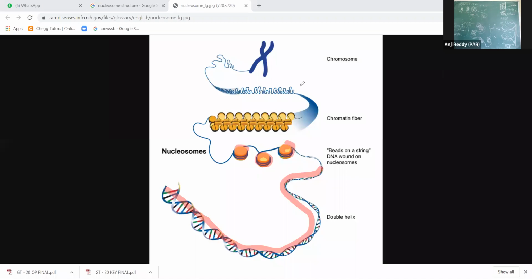Like that, many octamers are combined. Many octamers are present in order. So this octamer is forming one nucleosome. This is one nucleosome. This is free double-stranded DNA without octamers. This is double helical DNA. This double helical DNA is combined with the histone proteins and forming nucleosomes like this. Right? So nucleosomes are formed like this.